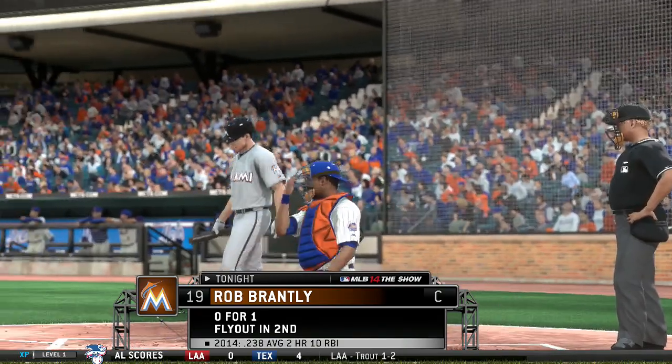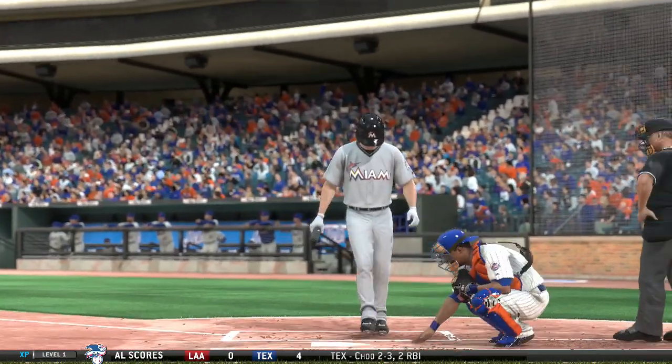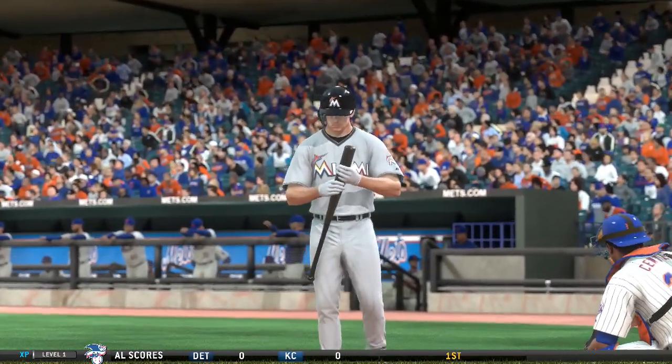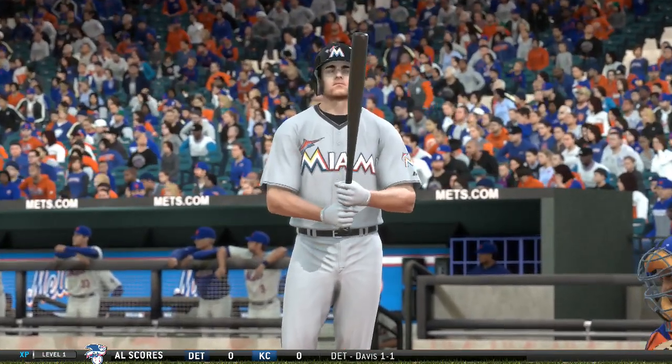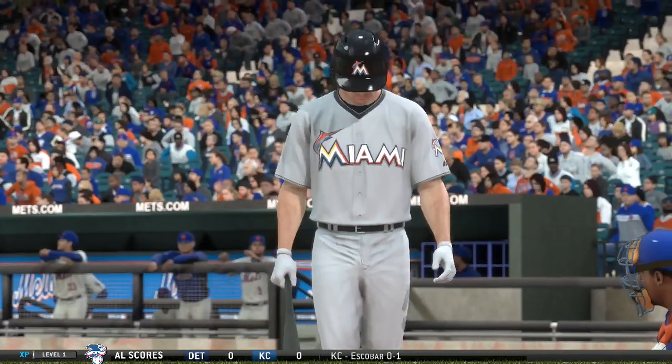Rob Brantley will stand in here with 2 on. And now, following the walk and the single, do you get the sense, EK, that they're getting to him just a bit? Maybe a little. I wouldn't be too worried just yet. He's shown the ability to bounce back before, but it's also looking like he might not have his very best stuff. Let's go,